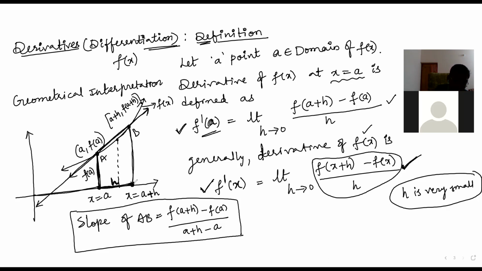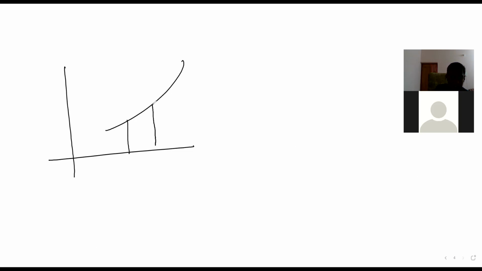Yes, sir. If h is small, B comes here. So that means on the next page I'm going to see, like this. Here h is this distance, so it will be here. That means this curve which was like this is going to be like this. Now, when it is finally very close, what will happen? It will be like this, right?